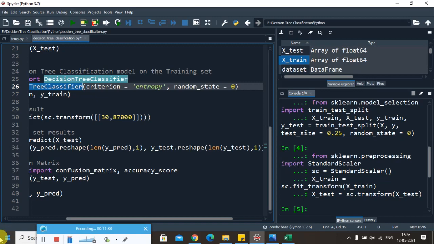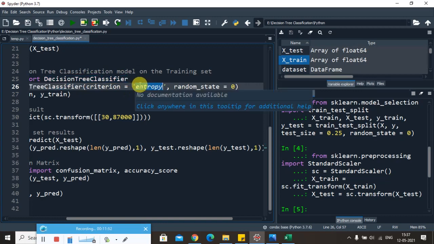Okay, so what is this criterion here? The criterion is the function to measure the quality of a split, and that quality is measured by entropy. We are going to consider entropy as the criterion for our study. However, the default value of criterion is Gini, but we chose the entropy criterion because it is a measure of information which will indicate the disorder of the features within the target. The optimum split is chosen by the features with the least entropy. Whichever has the least entropy is going to be chosen as the optimum split.